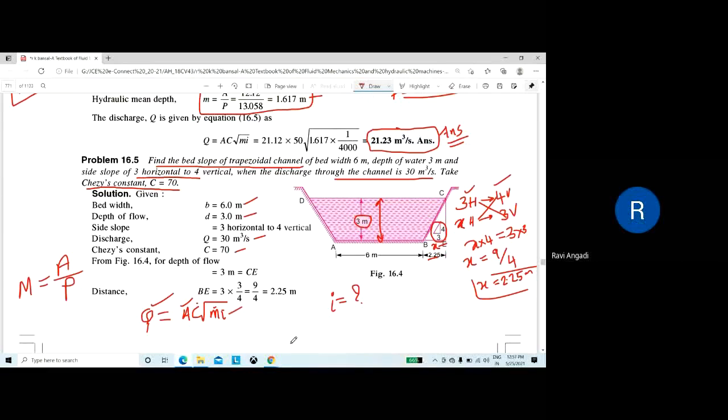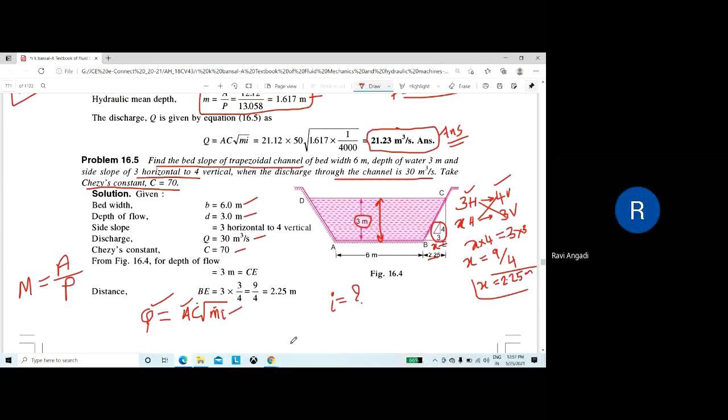Yes, the only thing left out is I. Tell me what is I. You tell me in fraction, 1 in 1000, 1 in 2000, like this. Just quickly calculate and tell me the answer, then I'll show you the answer. I'll give you 5 minutes. So quickly calculate from the geometry of the channel section the area, wetted perimeter, and hydraulic radius and all, and tell me the answer.